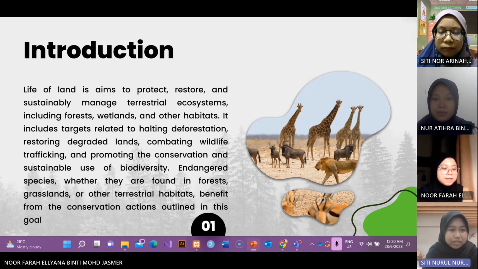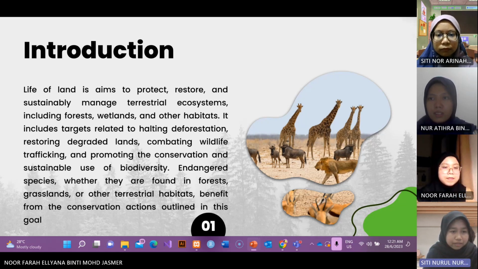Next, I would like to present the introduction. As we know, Life on Land is Sustainable Development Goal 15. It is aimed to protect, restore, and sustainably manage terrestrial ecosystems, including forests, wetlands, and other habitats. It includes targets related to halting deforestation, restoring degraded land, combating wildlife trafficking, and promoting the conservation and sustainable use